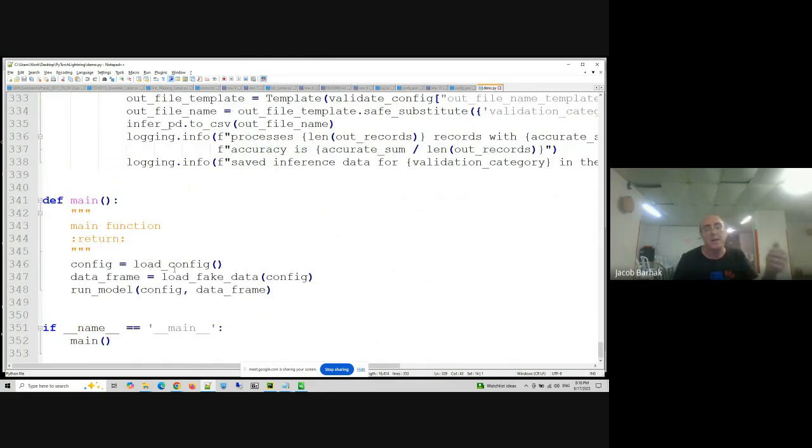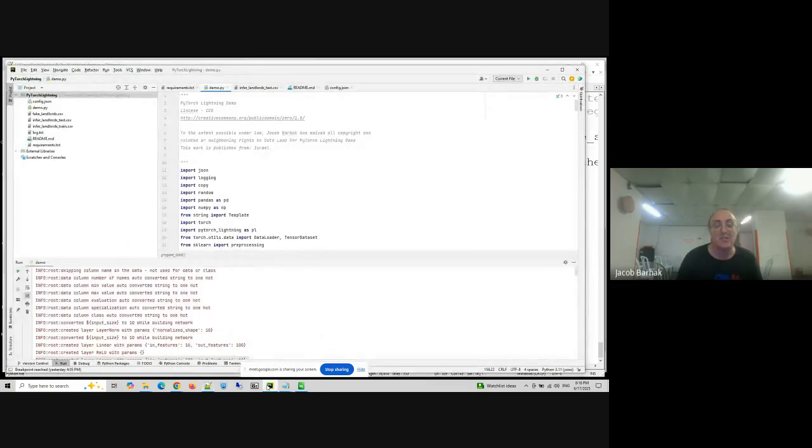That's it. In the main, basically you will load the configuration, load the fake data, and then run the model. And then everything happens. Now, I'm going to use PyCharm to actually run it. Here's PyCharm. Sorry for the small print, but in PyCharm you cannot really size it. There's a presentation mode, but then it's a mess getting out of it, and I don't want everyone to see that. Please believe me, it's the best I could do in this situation.